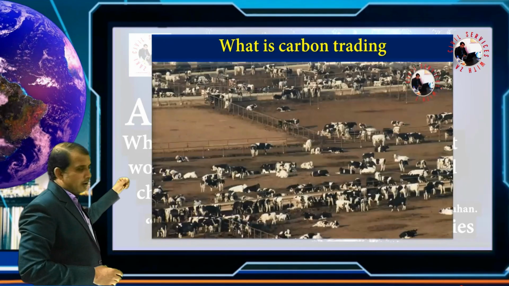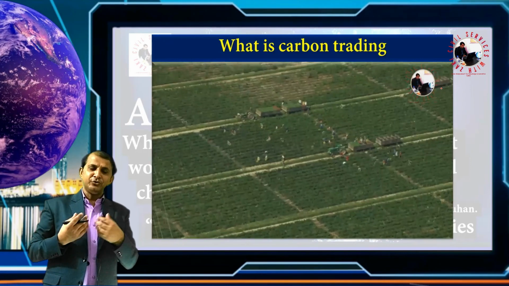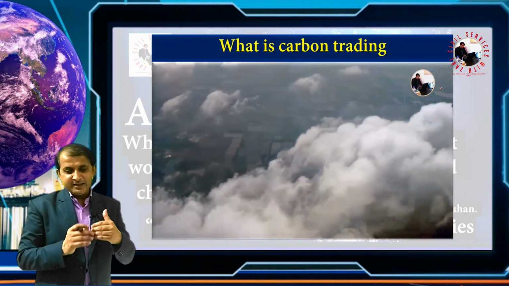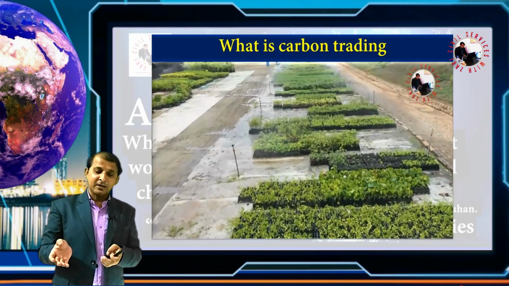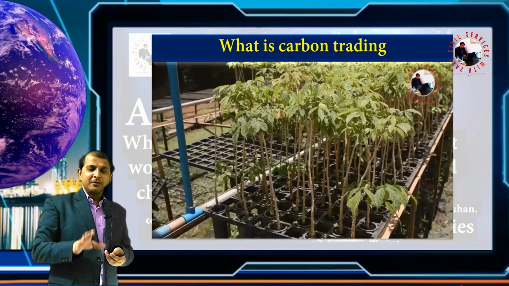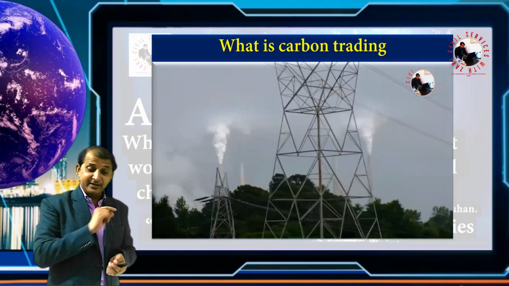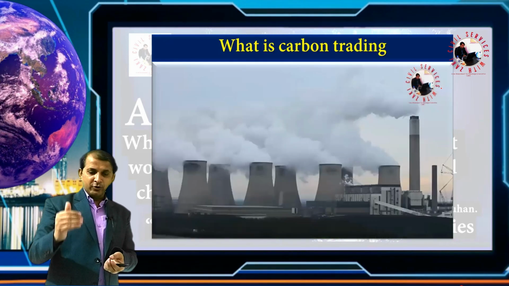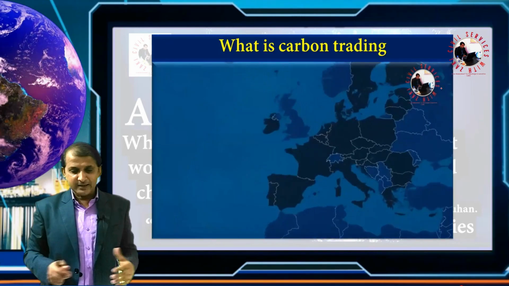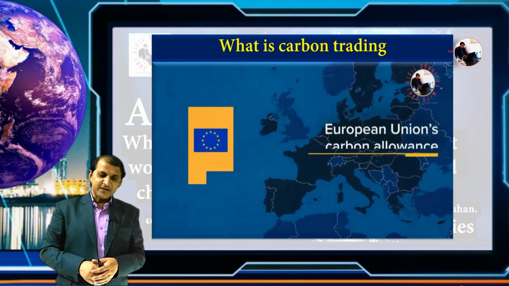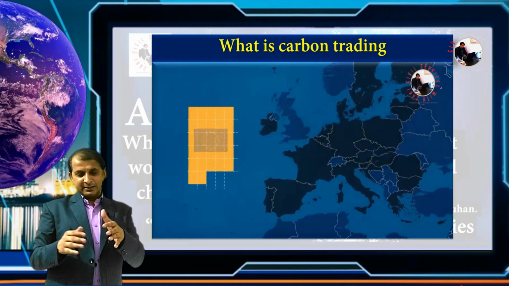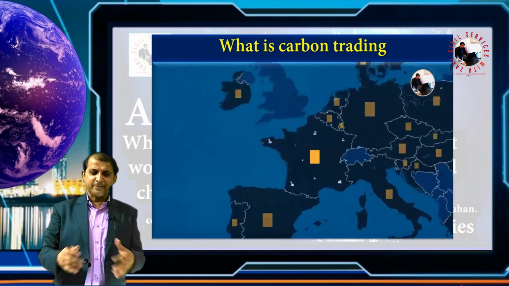If you see all these things like planes and all you use, whether it is agriculture, they produce carbon dioxide. At first, this carbon dioxide could be offset by planting trees and so on, but that was voluntary at that time. But after the Kyoto Protocol, these emissions are capped by these mechanisms. So it is called cap and trade. First, as you know, the European Union adopted this type of market, the European Union Carbon Allowance.